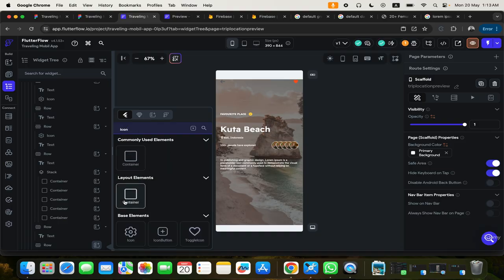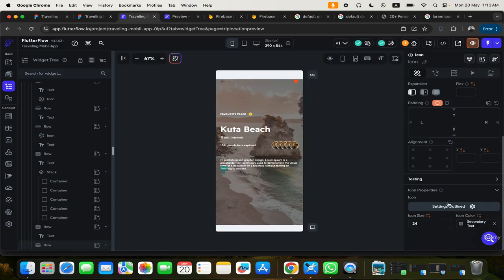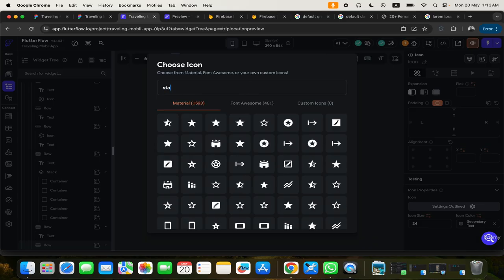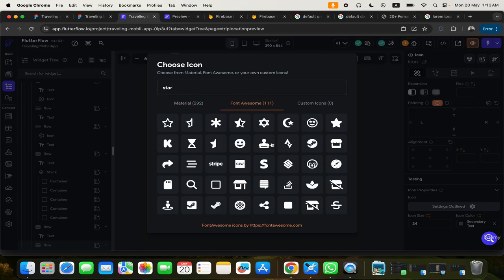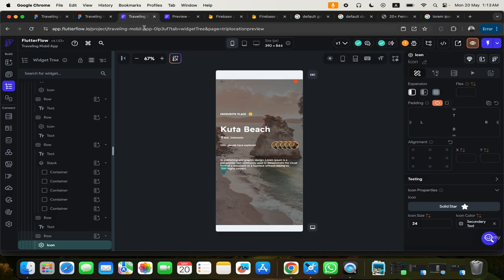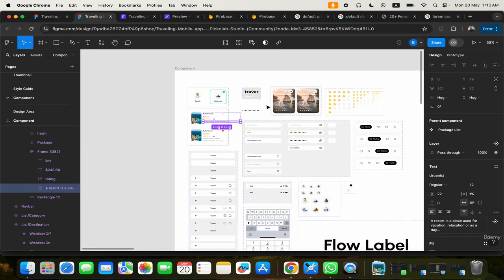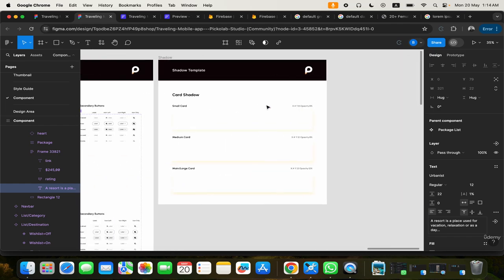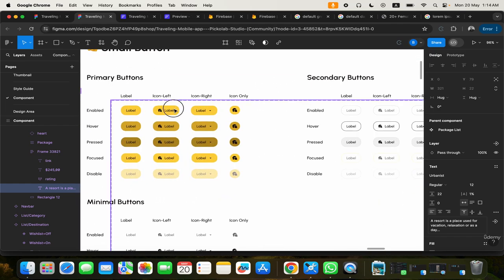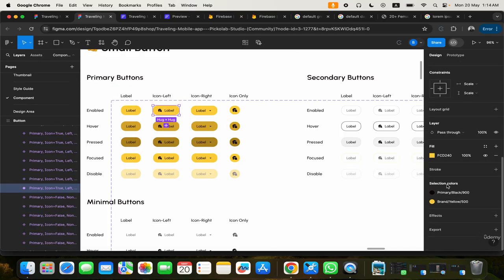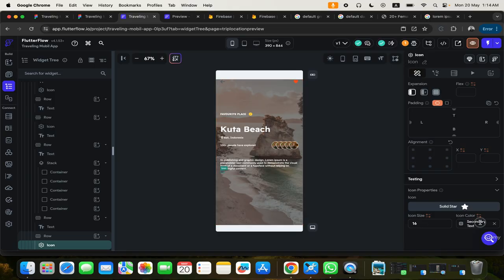Let's just say icon, then I'll go ahead and search for star, and this is a good star. I think that star is going to be 16, and preferably the color is going to be the color here. So here, let's just go ahead and copy this particular color and paste it here,